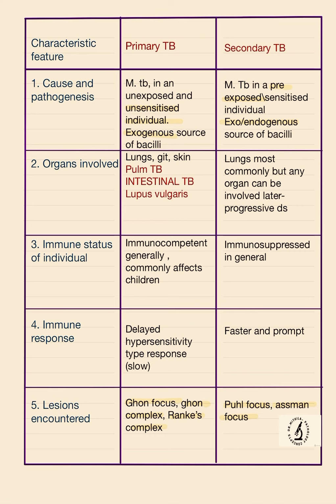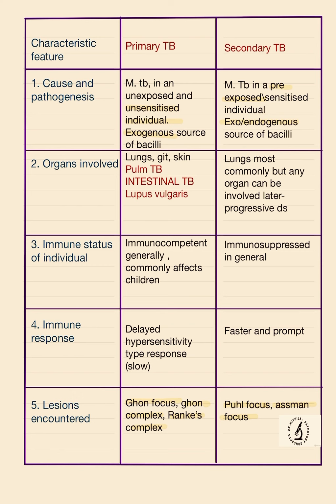Primary TB, I've already told you, occurs in an individual who is never exposed or sensitized to the TB bacilli. So TB bacilli has never entered his or her body. That will result in primary tuberculosis, and the source of bacteria is always exogenous. While secondary TB will occur in a patient who has already been exposed to the tubercular bacilli. So he or she is sensitized to Mycobacterium tuberculosis, and the source of bacteria can be exogenous if there is